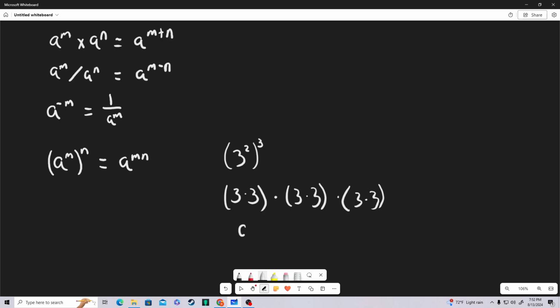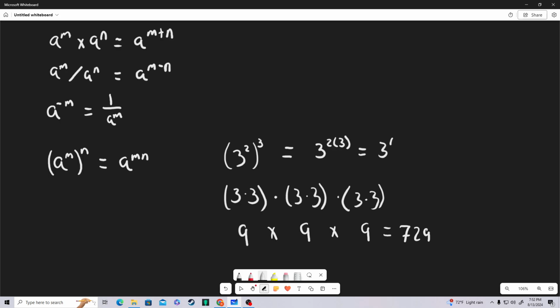So that's 9 times 9 times 9. 81 times 9 is what? 81 times 9 is 729. And if we check with our calculator again using our identity, that should equal 3 to the 2 times 3,